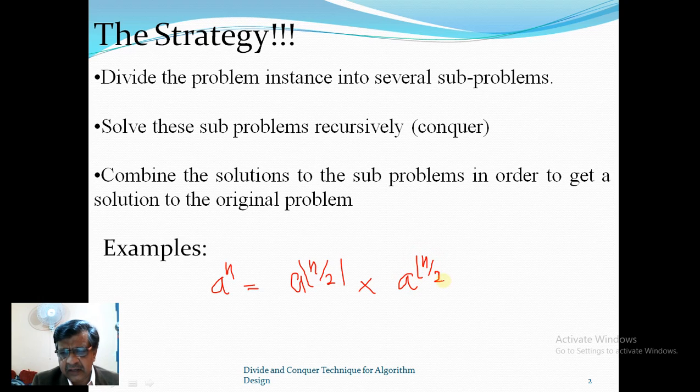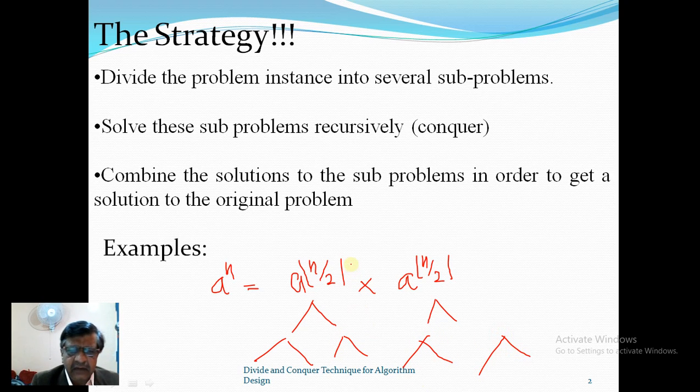Okay, right, this is the division, and this can be further divided n by 4 into n by 4 and n by 4 into n by 4. This can be further divided. Of course, the multiplication is done recursively for the subproblems. This is how it goes. Anyway, it can be seen from the examples quoted over here that the divide and conquer strategy leads to